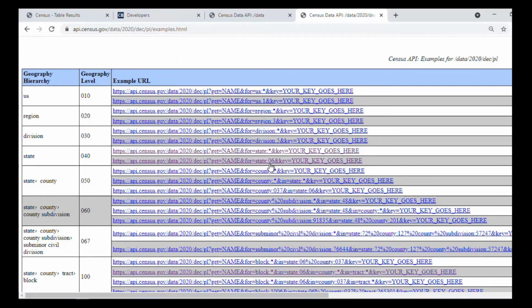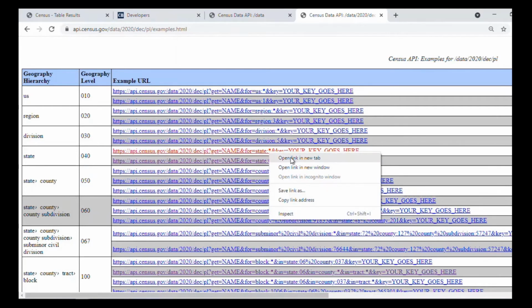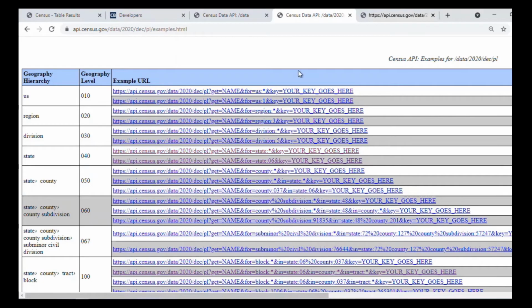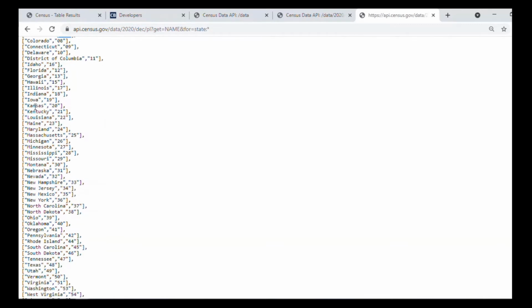The easiest way to do this is to run the first query, the one with the asterisk. Let's right-click on that and click Open Link in New Tab. Now we can see a list of all the states, and each one has a 2-digit code next to it. This 2-digit code is the state FIPS code. We can confirm this by looking at California. The code next to it is 06. Let's find Indiana. And it looks like the state FIPS code for that is 18, so let's make a note